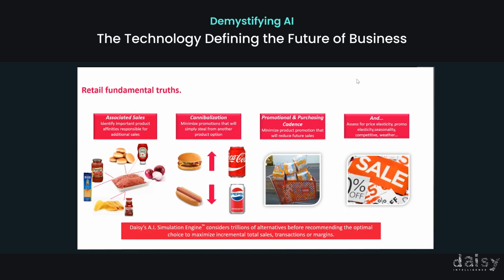In the halo of ground beef, there's hamburger buns, and there's also cannibalization. Because I bought ground beef to make hamburgers, I didn't buy sausages or hot dogs. If that's what I'm making for dinner. If I'm having a barbecue, I might buy both. But in the case of a hamburger meal, I'm not buying sausages. In the halo of ground beef, you bought hamburger buns. Those hamburgers cannibalize hot dog buns as well. Because I bought hamburger buns, I didn't buy hot dog buns. So cannibalization reflects kind of a consumer choice. So cannibalization would be a negative.